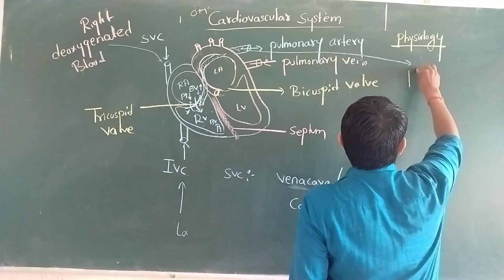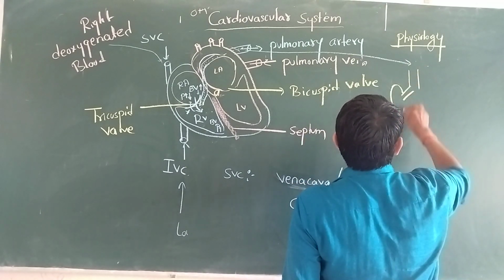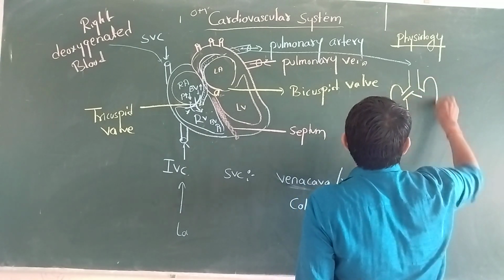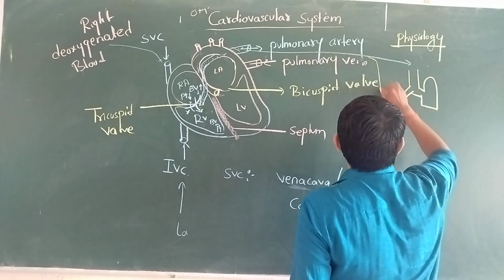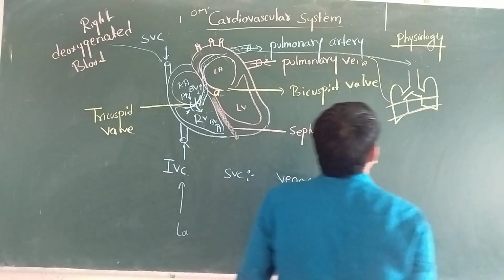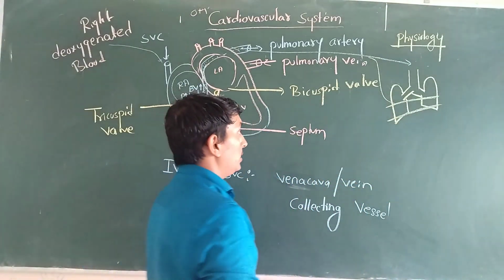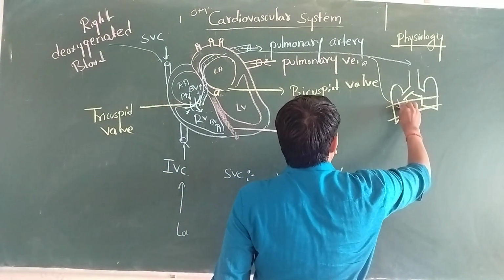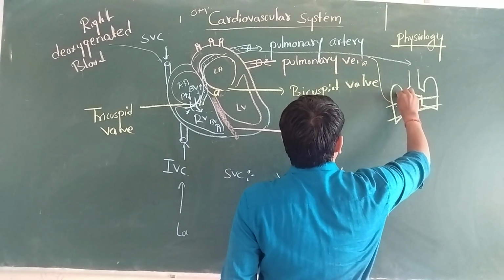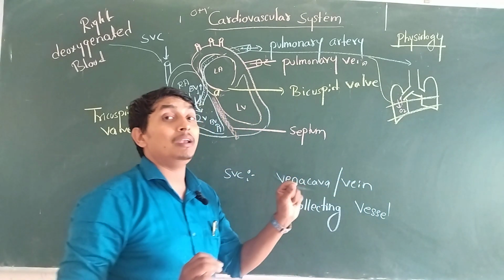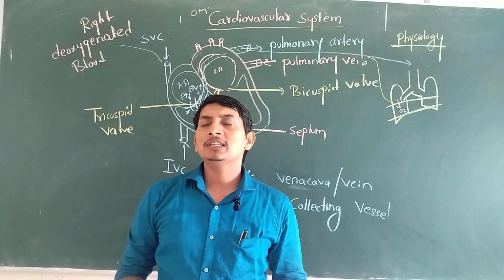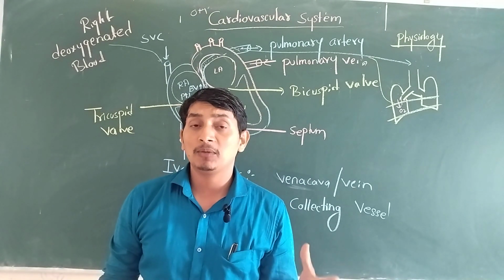In the lungs, what is happening? The lungs are mainly the organ which helps in the exchange of gases. So blood passes into the lungs. In the lungs, what will happen? Oxygenation takes place. So the lungs give oxygen to our hemoglobin and take all the carbon dioxide. Now blood becomes fully oxygenated. Oxygenated means blood contains more oxygen and less carbon dioxide.